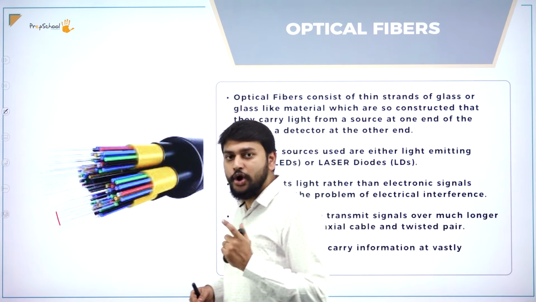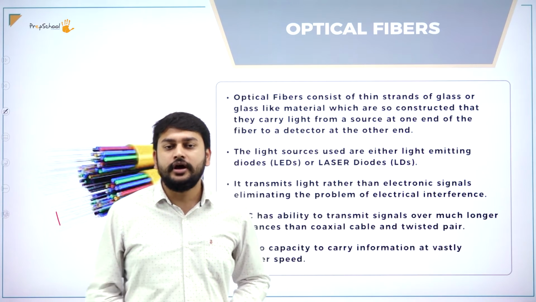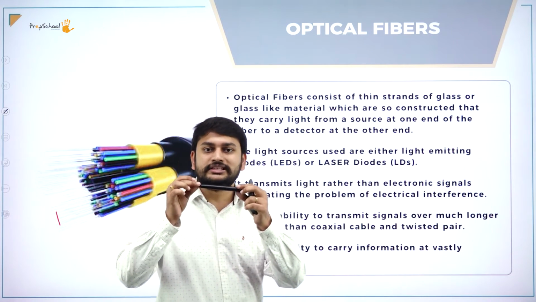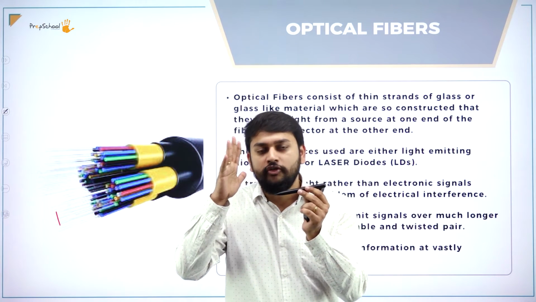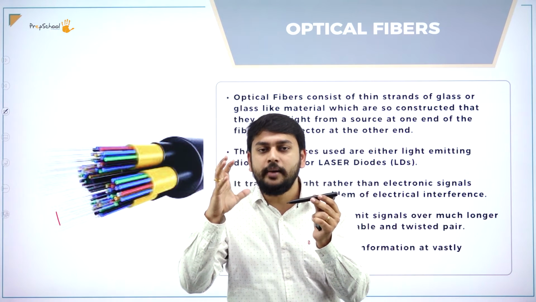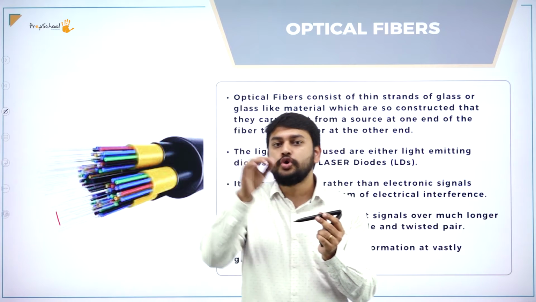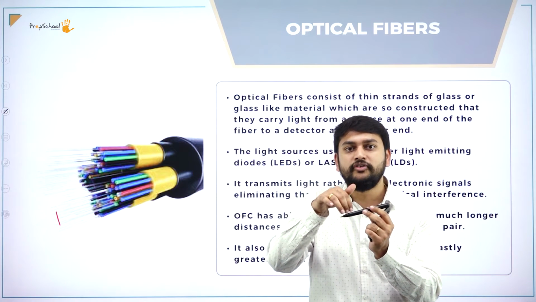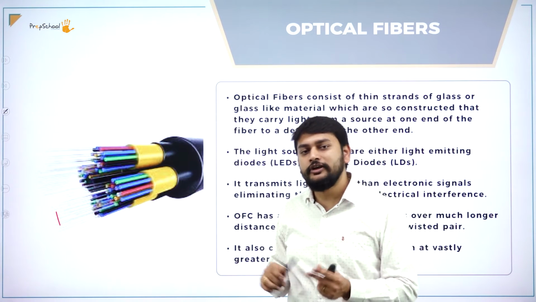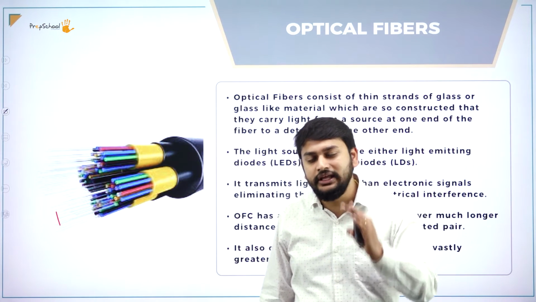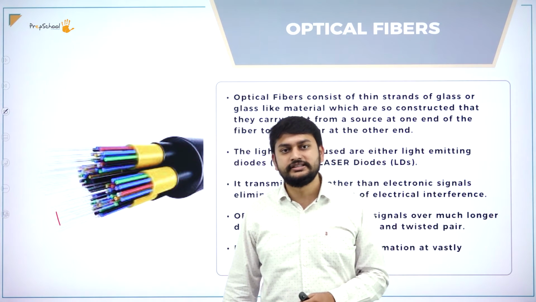So the light emitting diode is helping me here. Can you explain that in detail? Imagine this is my glass strand. From this side, I'm sending the data. I'm converting all the electrical signals into light signals, so I'm transmitting the data in the form of light. At the receiver end, I will decode that and convert the light back into electrical signals.